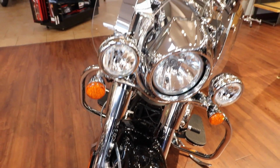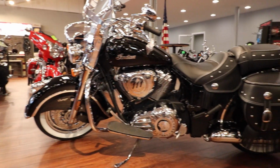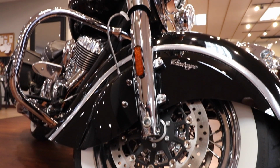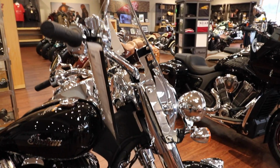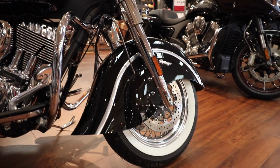It's powered by the Thunderstroke 111, which is putting out 119.2 foot-pounds of torque. New for this year on the Vintage, the 2020 got a new frame with a 25-degree rake. The previous models had a 28-degree rake. So this bike will actually turn a little sharper, do tighter figure eights, handles a little easier, a little more